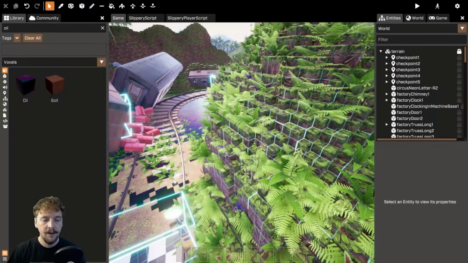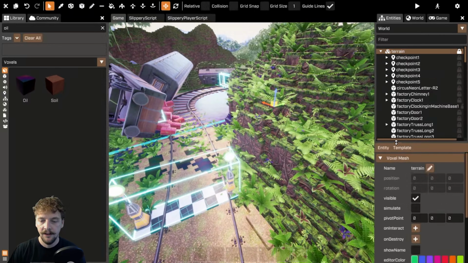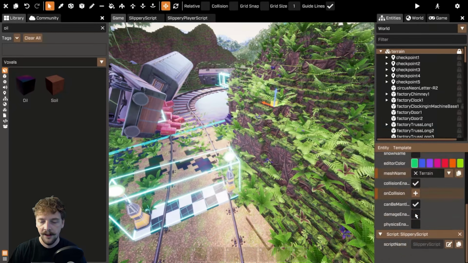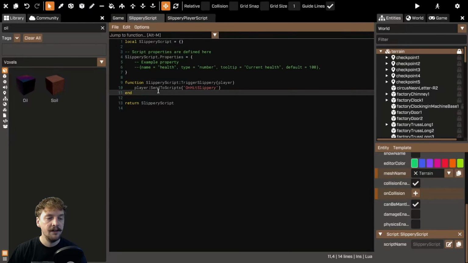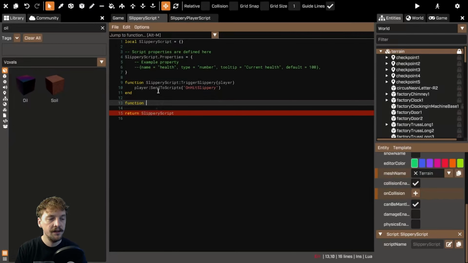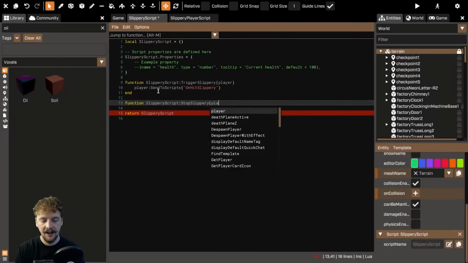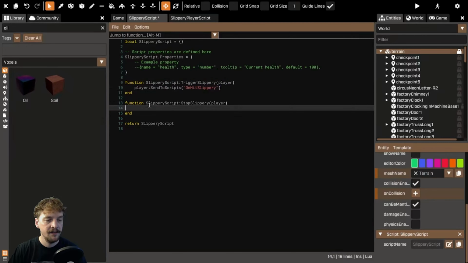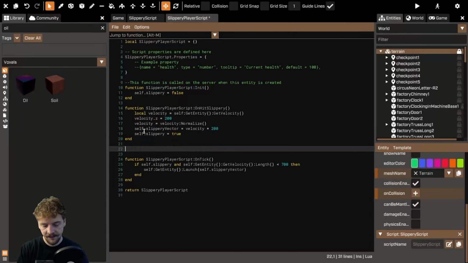So to do that, we will add our slippery script to the terrain. Click on the actual terrain entity, add script, slippery script. And then in our slippery script, let's create a function to stop the slippery. Stop slippery player. This works really similar to this one, where we're going to send an event to our script on hit non-slippery, and then we will capture that in function slippery player script on hit non-slippery,